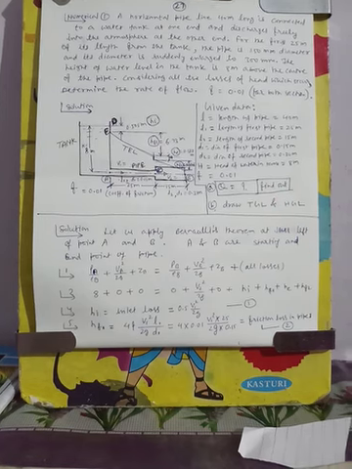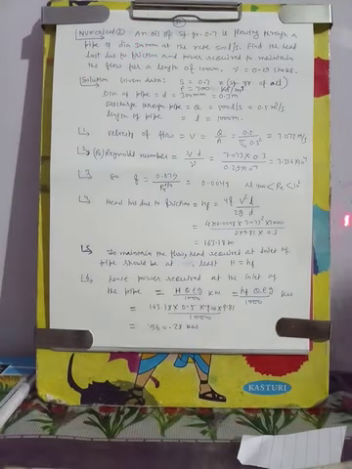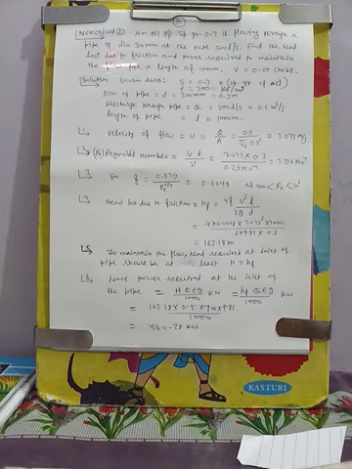Let us see one more problem. A very good concept is hidden in this problem. The problem is like this: an oil of specific gravity 0.7 is flowing through a pipe of diameter 300 mm at the rate of 500 liter per second. Find the head lost due to friction and the power required to maintain the flow for a length of 1000 meter in the pipe.